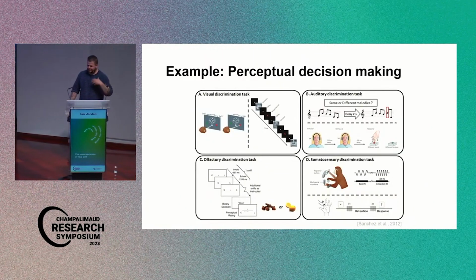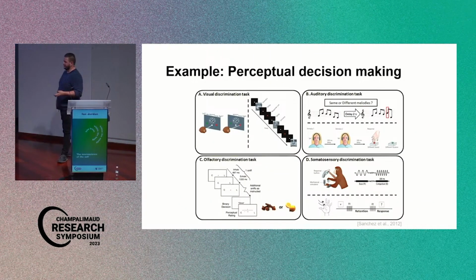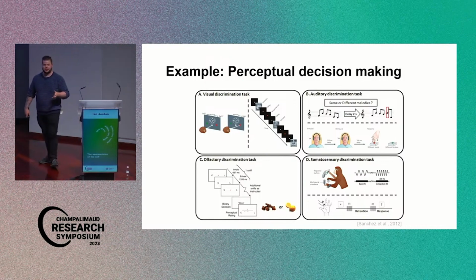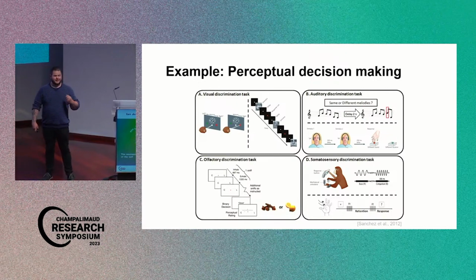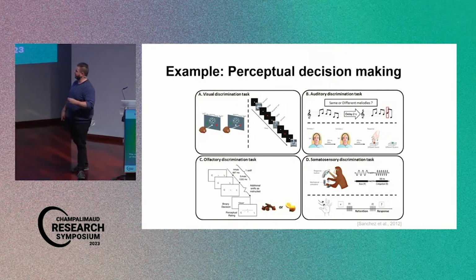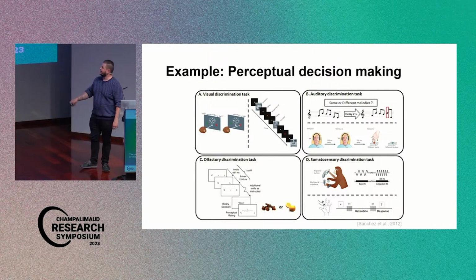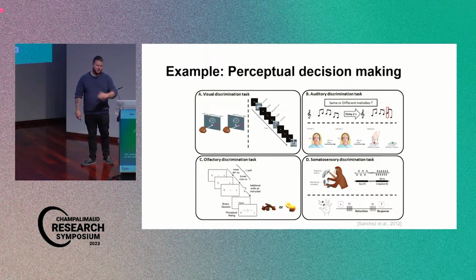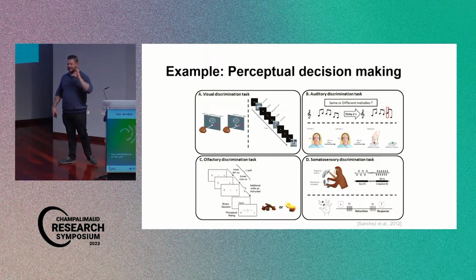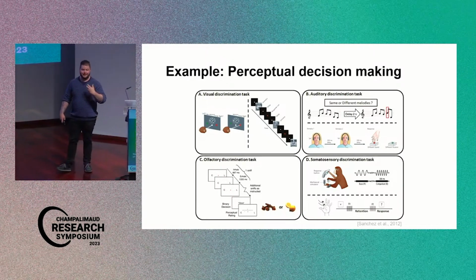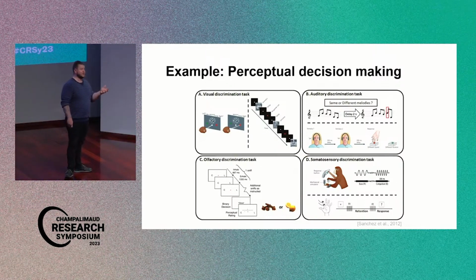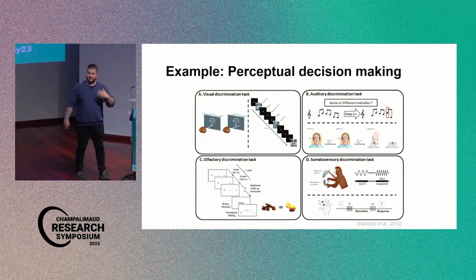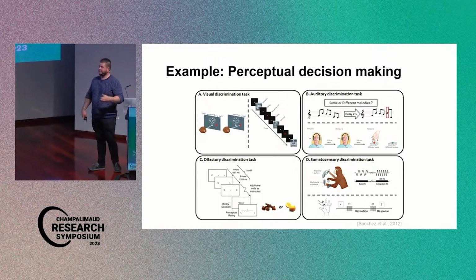To really drive things home, I just want to use an example here. I'm sure many of you are familiar with perceptual decision making. The modality of sensory input that we're dealing with doesn't really matter. I personally like to think about visual discrimination tasks, where you have an agent looking at a screen, there's some collection of dots, and based on their average movement, either to the left or to the right, the agent has to make a binary decision as to which of the two possible directions the dots are moving,